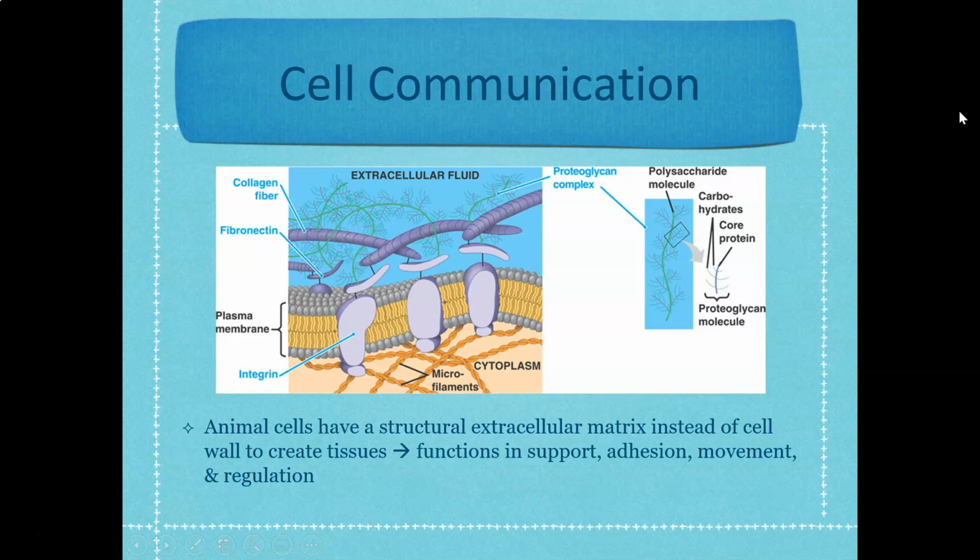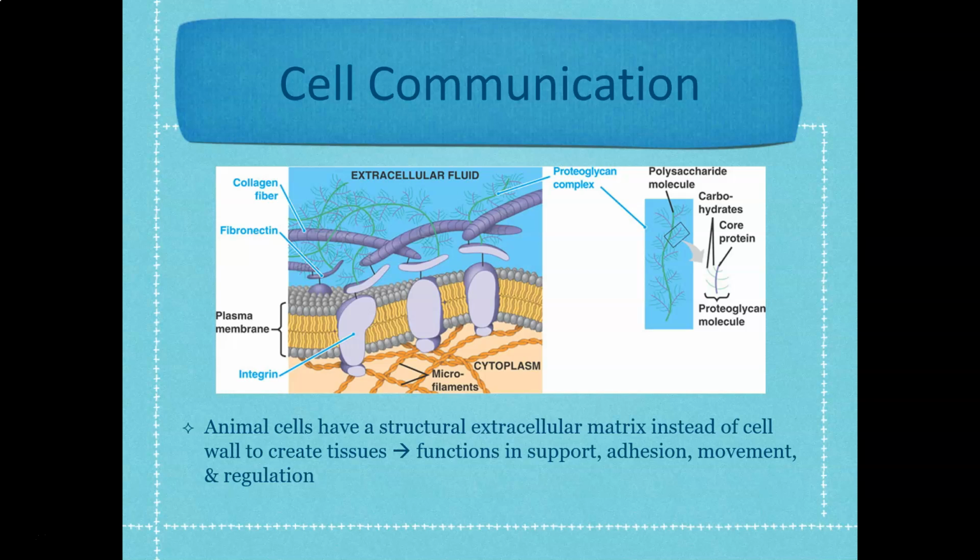In the case of animal cells, we also have some interesting problems that we need solutions for. So when we look at those plant cells, those cell walls are what's going to hold all of those cells together, keep them connected, and to build tissues out of them. Animal cells don't have that. So how do we get one animal cell to connect to the next so that we can hold those tissues together, so that we can hold our organs together, so that we can ultimately hold us together?